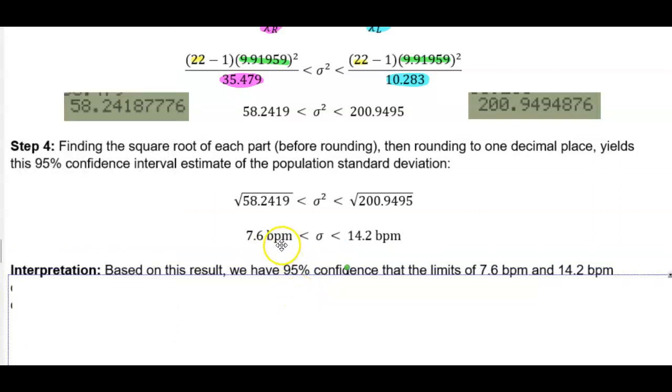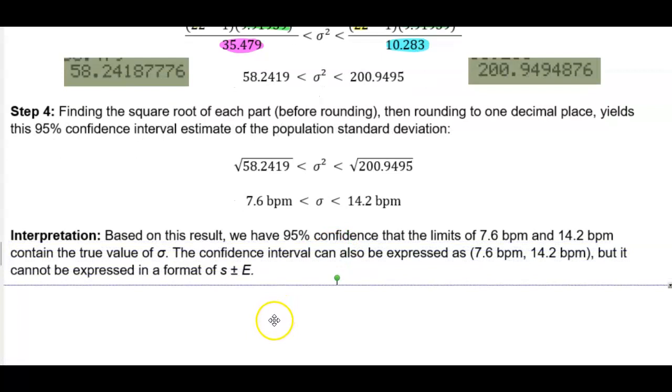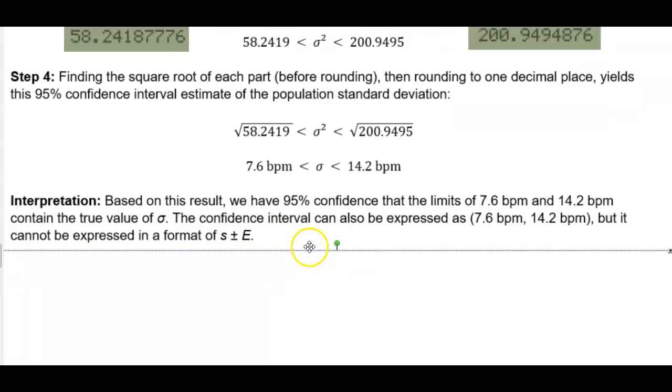So therefore, that would give us the confidence interval for the population standard deviation. So here's the interpretation. Based on this result, we have 95% confidence that the limits of 7.6 beats per minute and 14.2 beats per minute contain the true value of the population standard deviation. The confidence interval can also be expressed as 7.6 beats per minute, 14.2 beats per minute, but it cannot be expressed in the format of s plus or minus